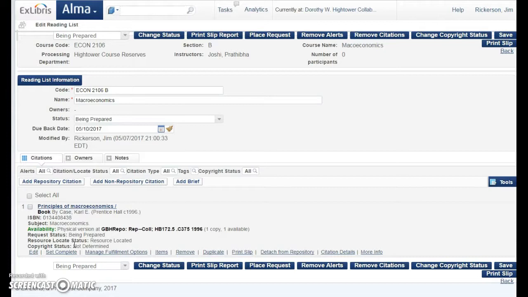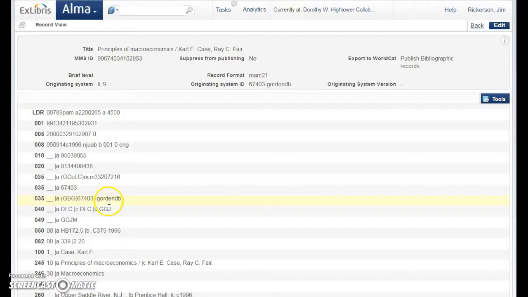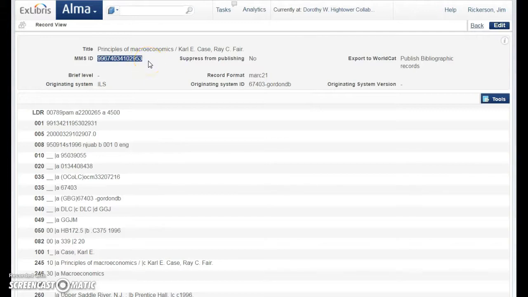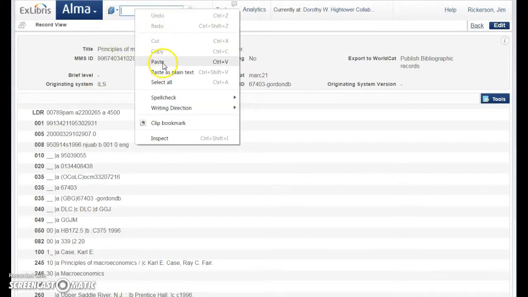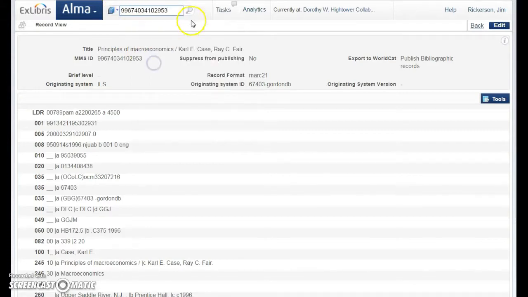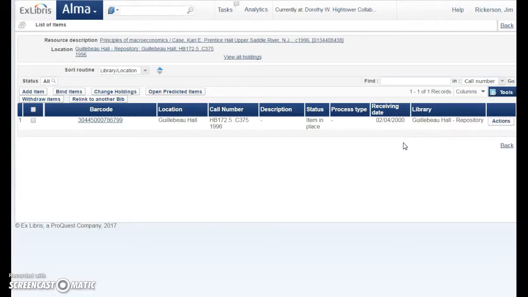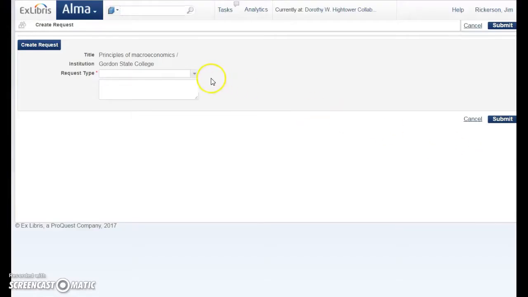And so the way we're going to do that is we're actually going to click on the title here, and you can grab or copy and paste the MMSID number up in the persistent tool search box here. Go ahead and search by that number, and then we're going to go to Items, and we're going to go to Actions, and we're going to go to Change Location. And you'll want to move temporarily,